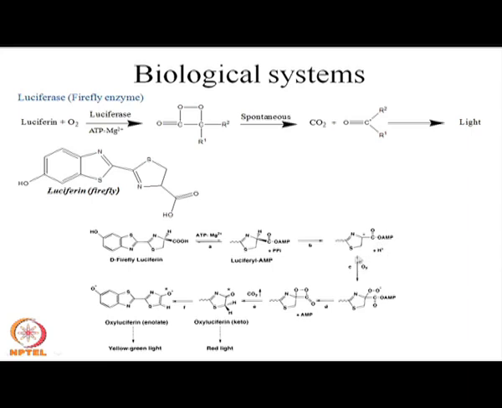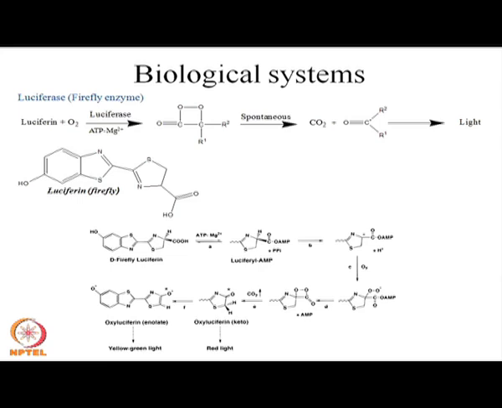Then in presence of oxygen, through these processes it is giving rise to a keto form and enolate form. So, keto form is giving you red light and enolate form is giving you yellow green light. So, this is the typical mechanism in biological luminescence or bioluminescence or